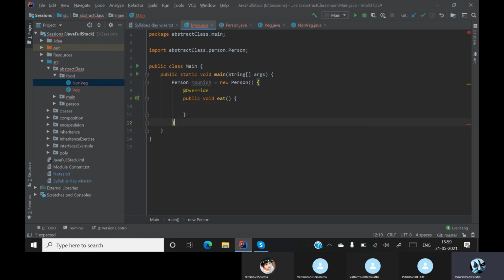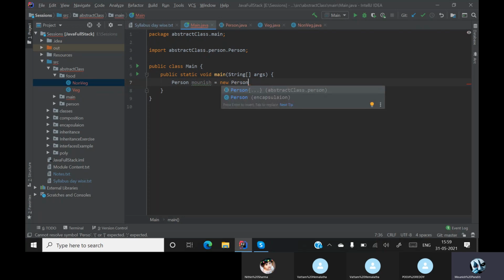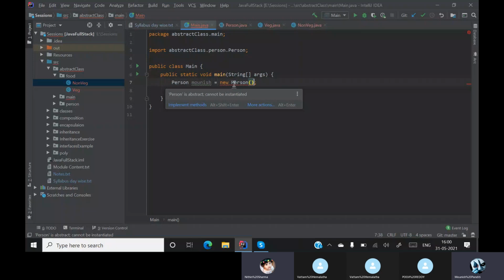See, over here it is asking me directly for implementation. We don't need implementation here. We already extended everything. We are encapsulating over here with a bracket. It is giving me some errors. Why? Now the question is why? Abstract classes cannot be instantiated. That means we cannot create objects for abstract classes. Exactly. We can't create an object for abstraction.